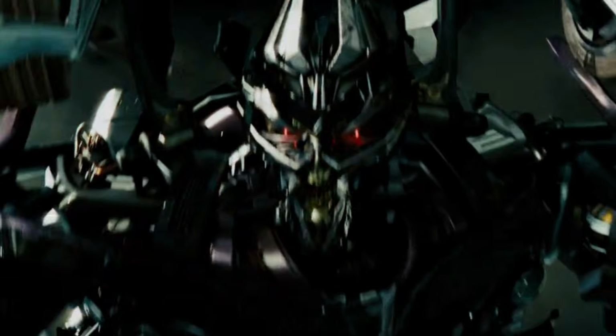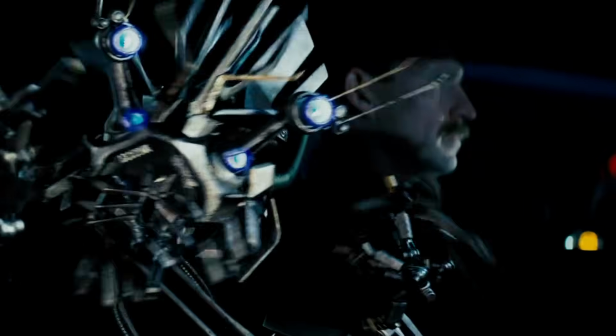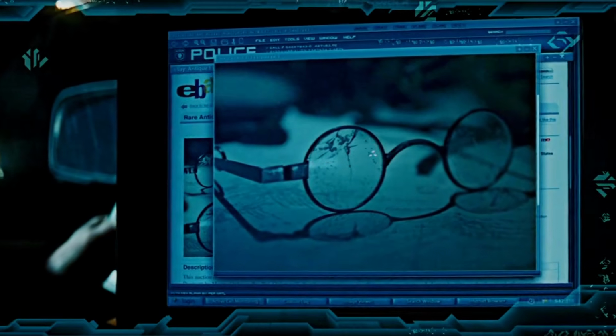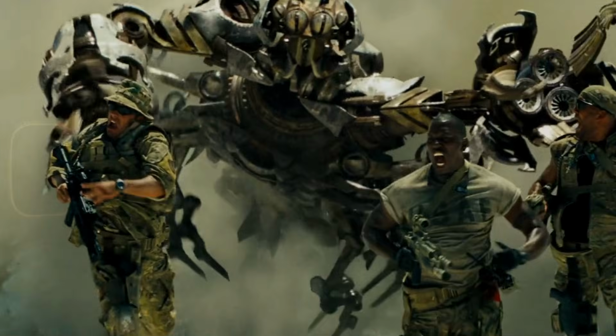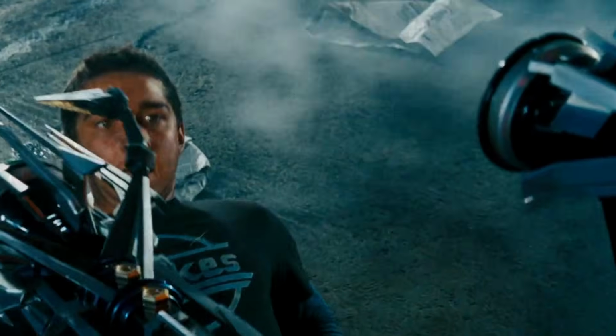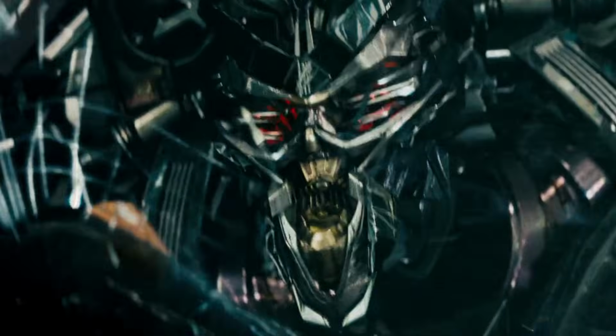This conflict is brought into the human world through Sam Witwicky, an ordinary teenager who unknowingly becomes connected to the EarthSpark's location through his ancestors' glasses. At the same time, the Decepticons begin their assault on Earth. The film opens with a devastating attack by Blackout on a US military base. Soon after, other Decepticons like Barricade begin hunting for clues, tracking down Sam as part of their mission to locate